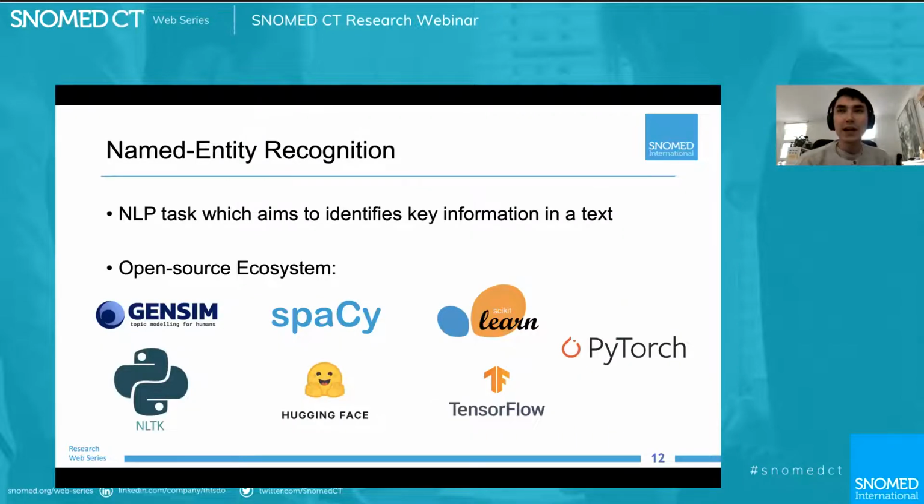And so the specific task that I'm actually talking about: NLP is a large field that contains different areas or topics, such as topic modeling and summarization, but today I'm going to talk to you about named entity recognition. And this is essentially where it looks to identify key information from free text. And ideally, what I'm about to show you is a tool that we've created that looks for SNOMED terms in free text.